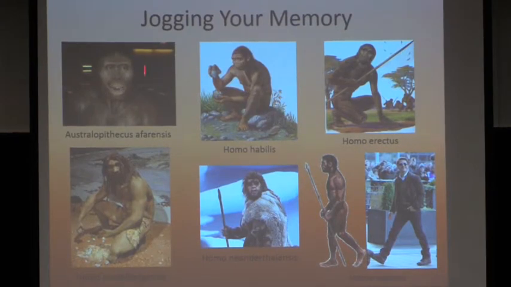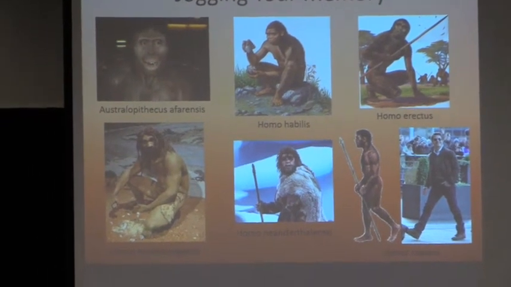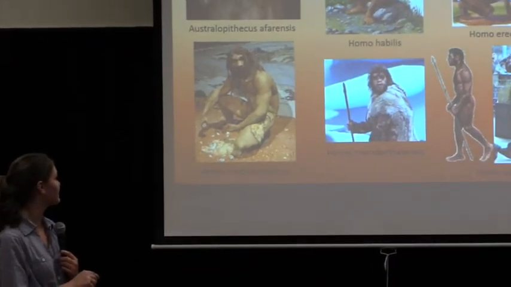Australopithecus afarensis up here is the oldest known connection, the oldest known relative of humans. There's a big gap between these two, and in around that area is where our missing link is. If you've heard of that, it's just we don't really know what happened in that area and how we jumped from one to the next. But we've got people working on it, and Homo sapiens is where we are now. We'll mostly be focusing on Homo erectus a little bit. Their pieces are really contradictory, and I'll show you those.